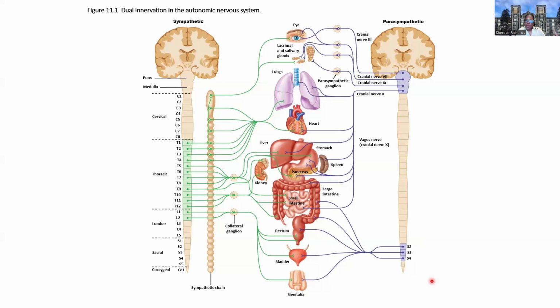So sympathetic T1 to L2, parasympathetic will be the brainstem, and these are cranial nerves. So all of our cranial nerves arise in the brainstem, and a few of them, 3, 7, 9, and 10, are going to be helping to carry parasympathetic signals to the upper head and neck related organs, right? Target organs. The vagus nerve, however, is a much longer nerve.